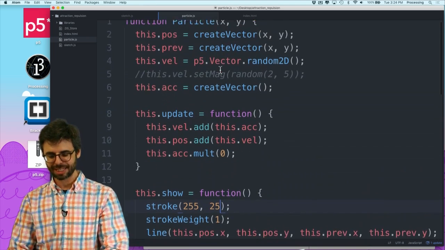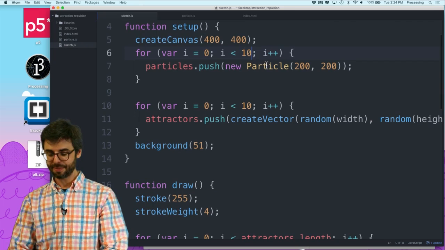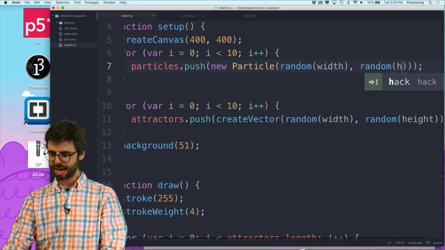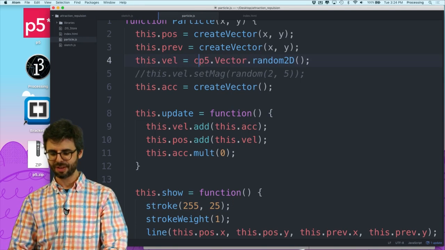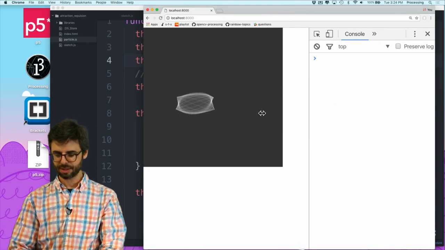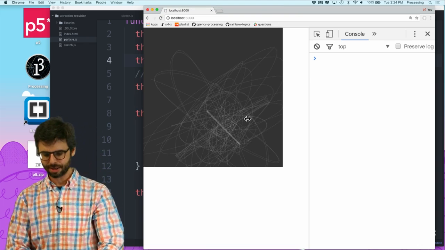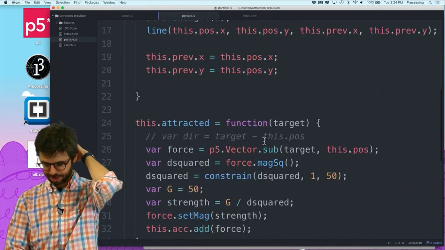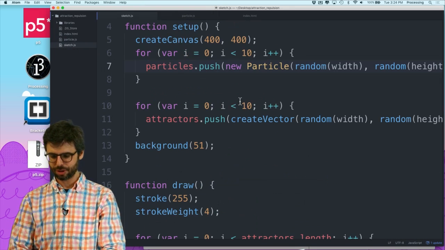And then one thing I want to do is, I'm just curious what happens if I let the particles all start at a random location, but I just don't give them an initial velocity. Everything might settle into, ooh, that's kind of a nice pattern. Everything might settle into something of a regular pattern. And I'm going to constrain this a little bit more, and I'm going to also add